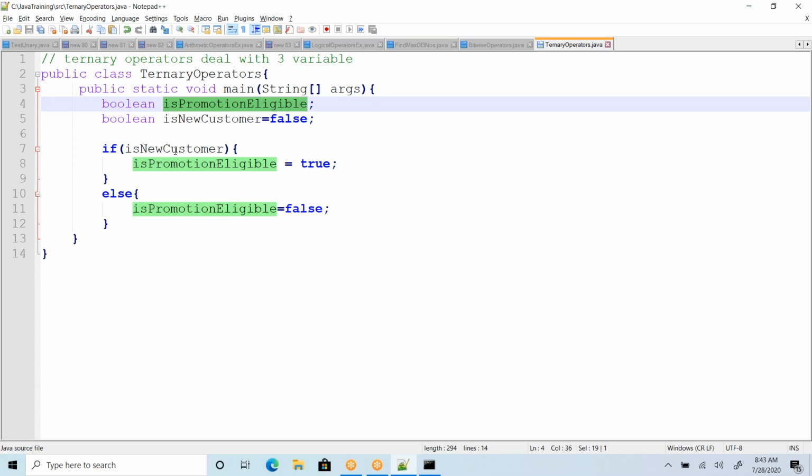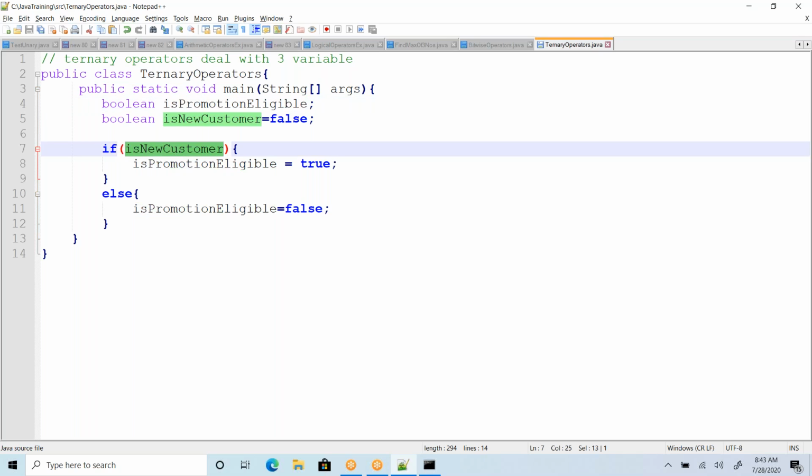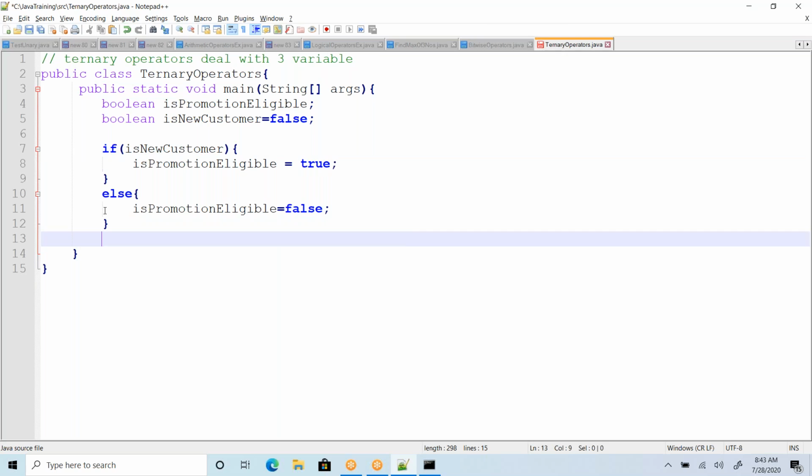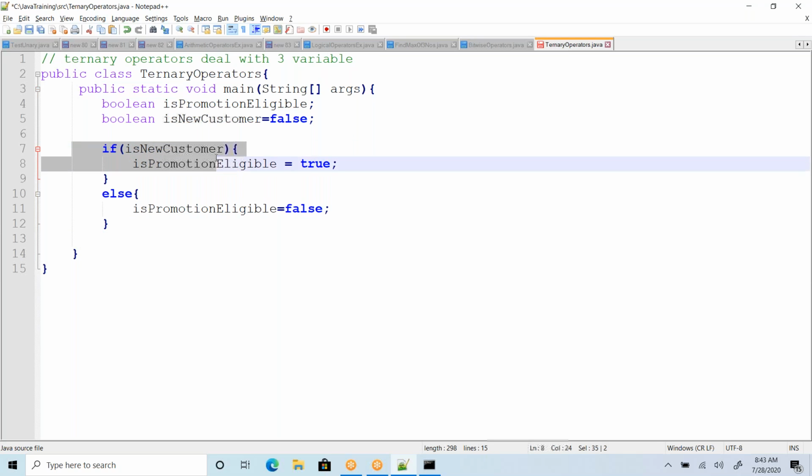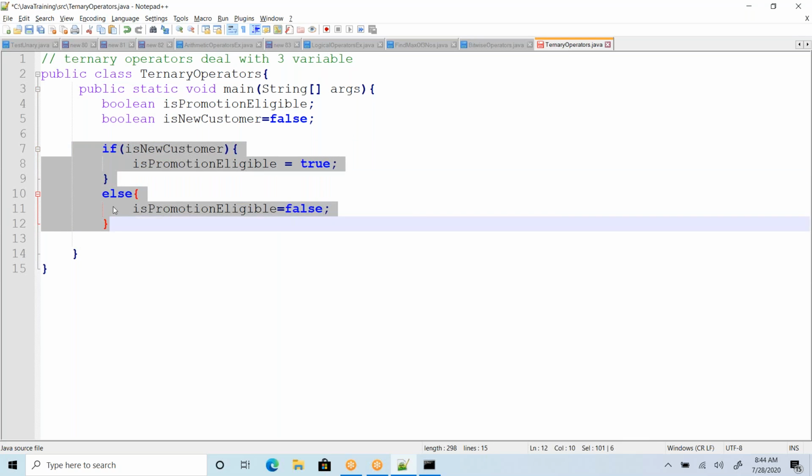It depends on the is new customer variable. If it's a new customer, then apply the promotion, otherwise don't apply it. This is what we can do using simple if else logic.